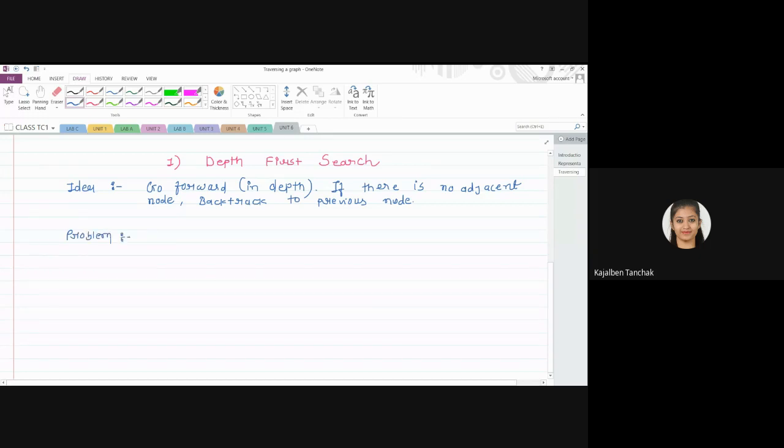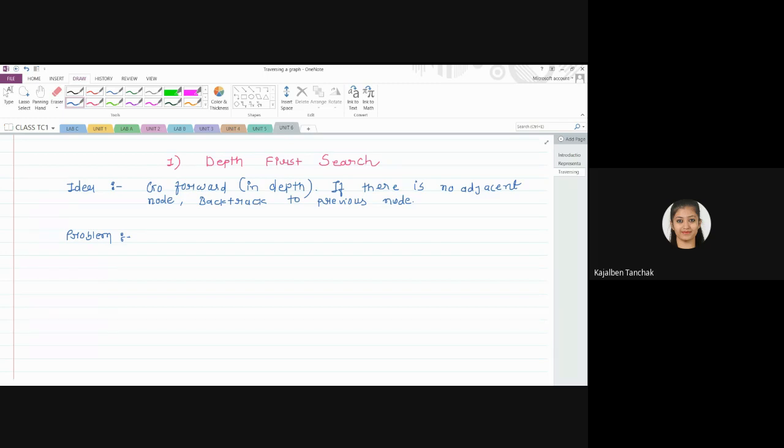Okay. So what is the problem here? Now you just see the graph is having a cycle, right? If we have a graph that has a cycle, what is the problem here? Problem is that the nodes can be visited multiple times or infinite times. Because of that cycle, the nodes may be visited infinite times. So how to solve this problem? Because for every problem we have to find the solution, right?